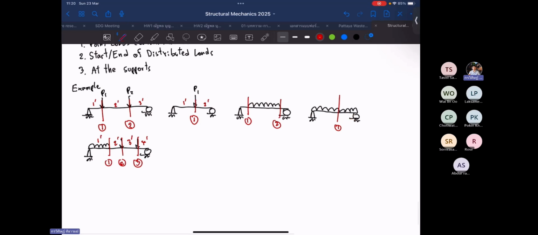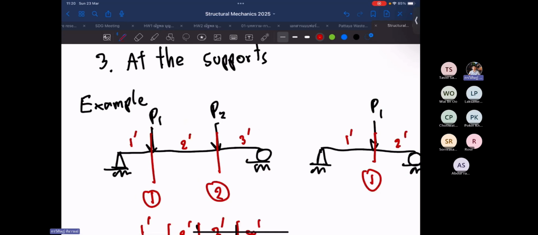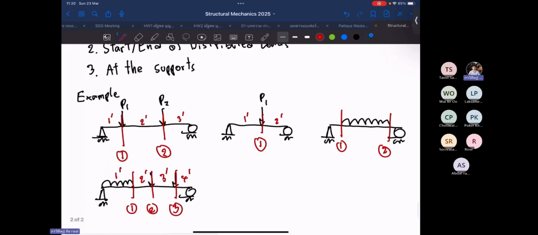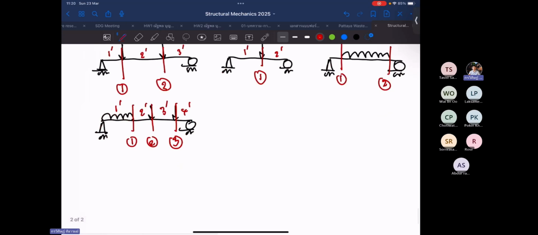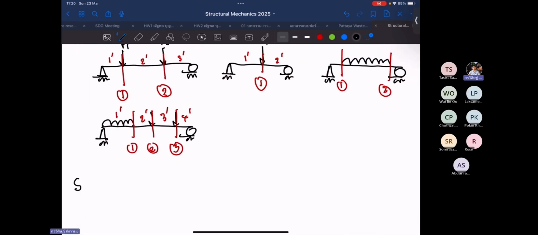We can do like this. And when we cut, we will assume that the cutting length is nearly reach the load. So the load will not be presented at the cutting point. Let's say like this. Then when you cut, you have to